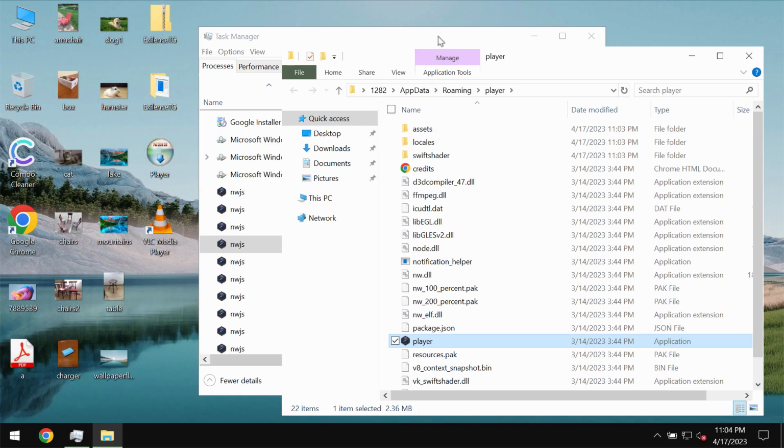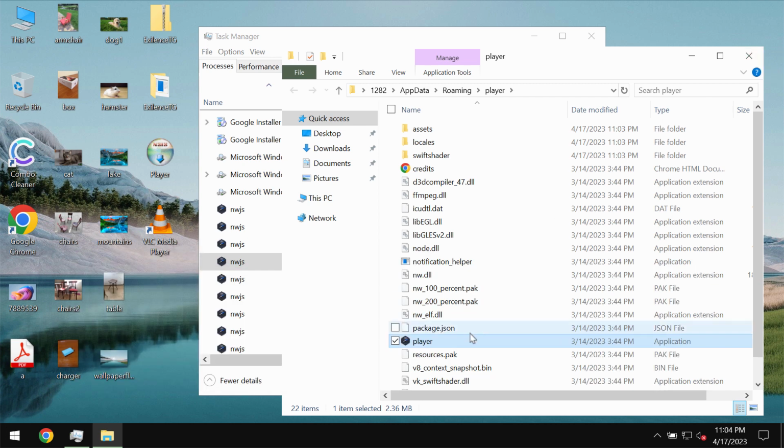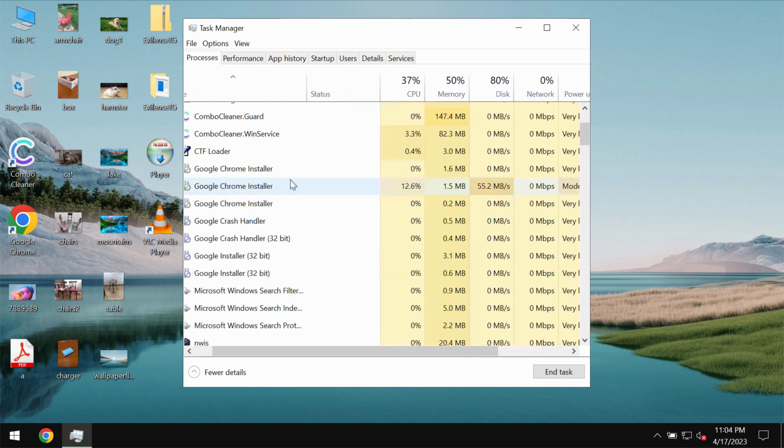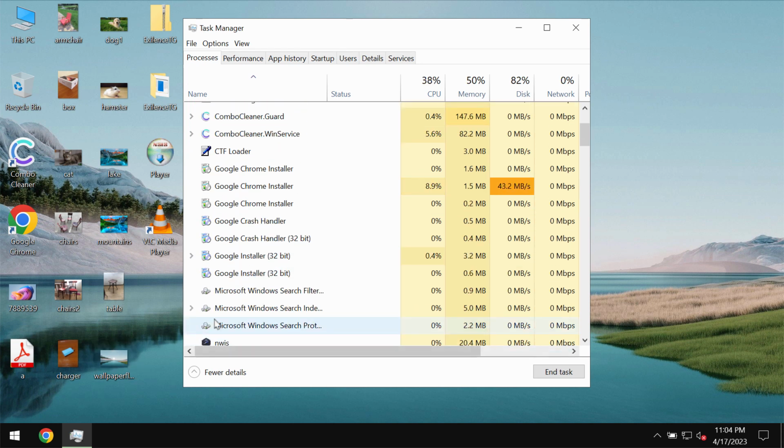Ladies and gentlemen, in this video guide, we will provide you with instructions that will help you to remove a special adware type application called Player. Player is a special application, an executable that may display a tremendous amount of intrusive advertisements not related to the sites that you visit. The trouble is that you cannot find this Player application in the control panel, but you will